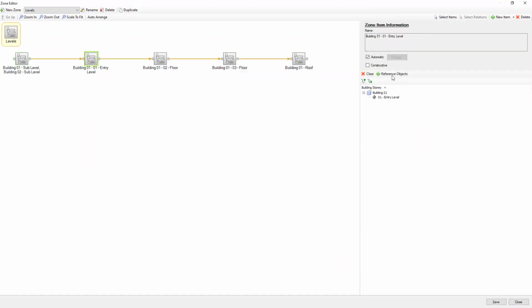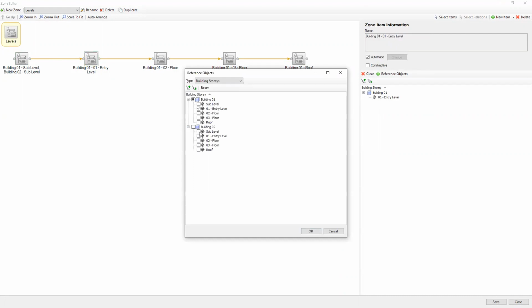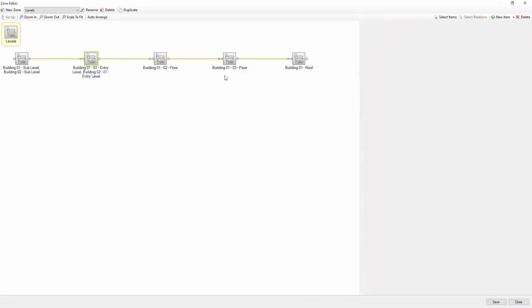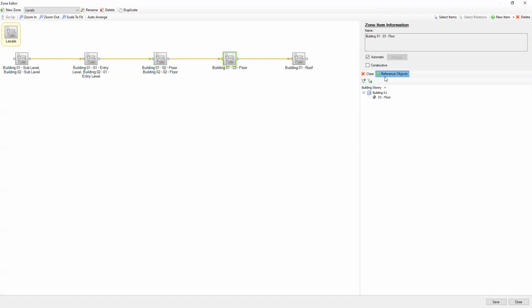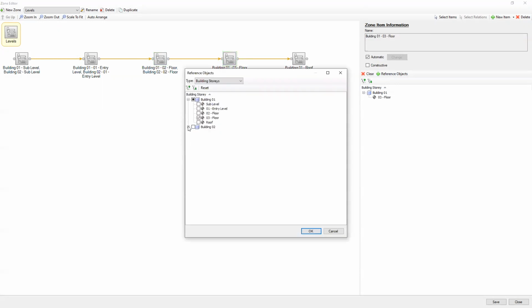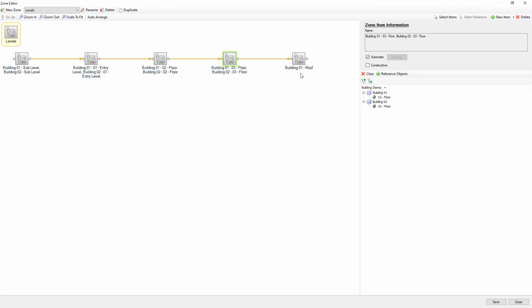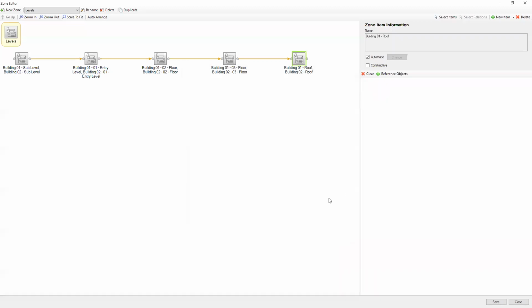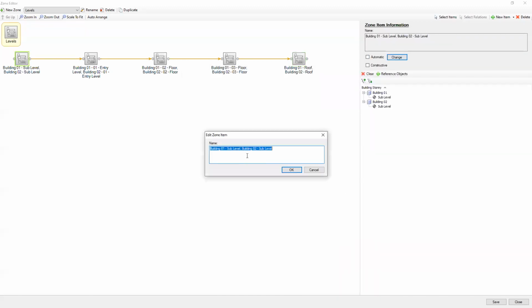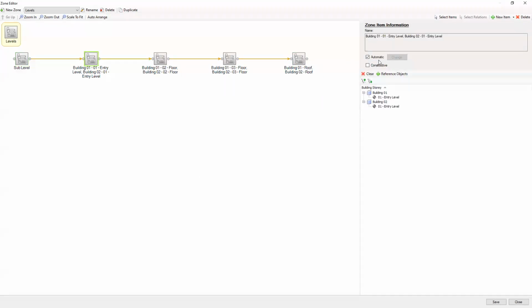For this one, I'm going to include the entry level for building 2. For this one, the second floor of the second building. And we're going to do this for all levels of the building in order to see all construction elements from both buildings. And of course, the system automatically creates the name. I'm going to quickly rename this sub